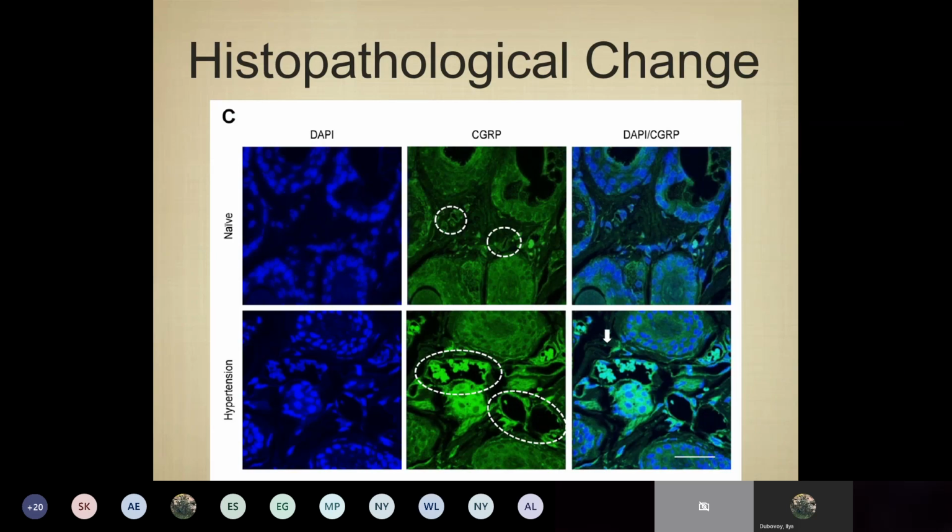Finally, they also did biopsies of the neurogenic inflammatory spots themselves, and we see here stains for DAPI, which is a non-specific fluorescing stain for membrane integrity, and we see which is sort of a control, and then we see stains for fluorescent antibodies for CGRP. And we see quite a bit of CGRP activity at these neurogenic inflammatory spots,